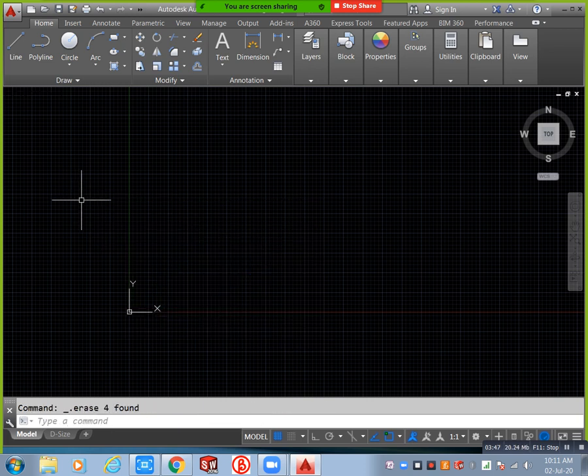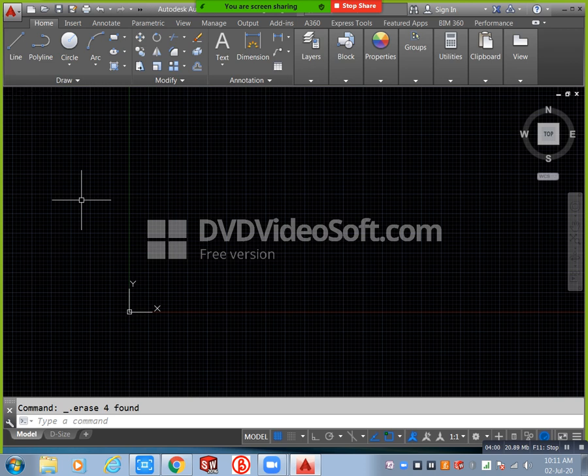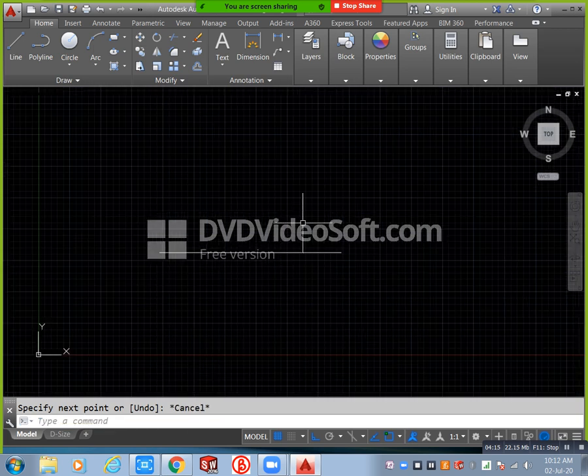Next, after this we have function key F3. Function key F3 is nothing but snap. Why we use this snap: in Revit also we have this snap for indication purpose, and here also for indication purpose. Indications mean, for example, you take one line here. This is my line. For this line, how many indications are there? Starting point like this one, ending point and midpoint. In total we have 3 indications for this line.